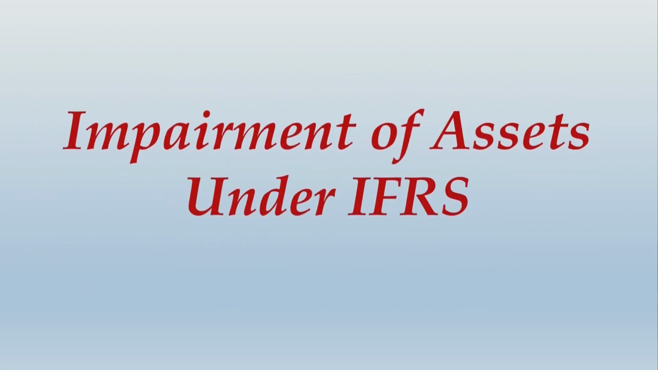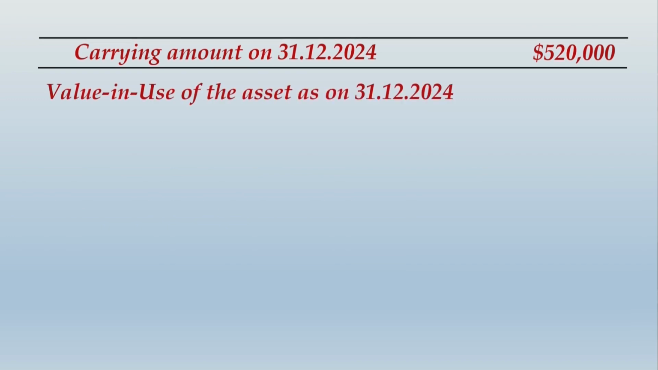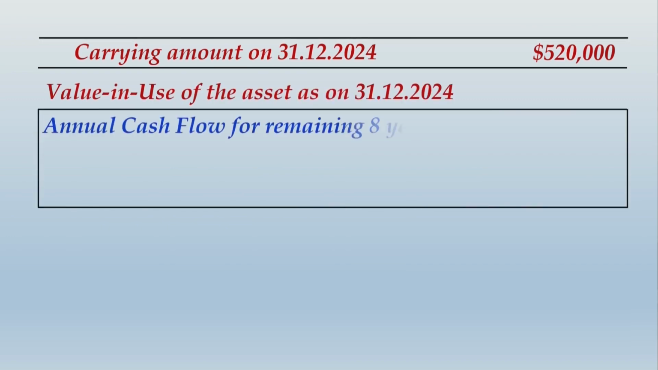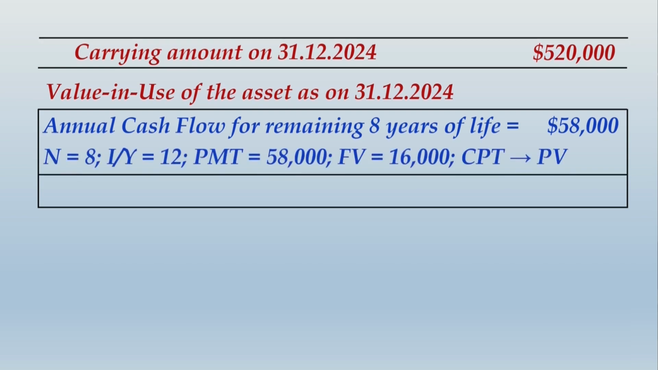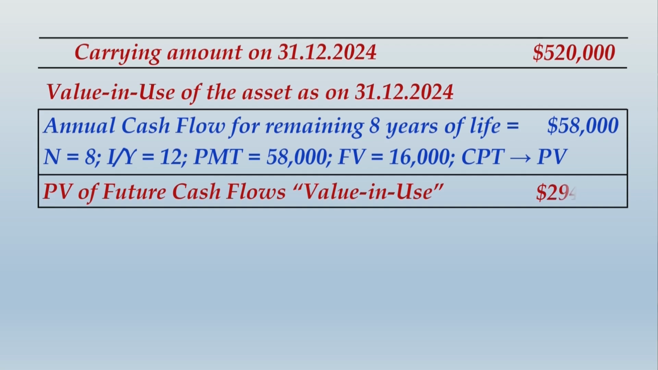So, impairment of assets under IFRS. What you would have done: carrying amount is given as $520,000, and value in use of the asset on that date you will compute considering the annual cash flows for the next 8 years as $58,000 every year. You will take n equal to 8, I/Y equal to 12, PMT equal to 58,000, and the scrap value given as $16,000 will be taken as FV. And when you do CPT PV, you get the present value, which will be identified as value in use, and that comes to